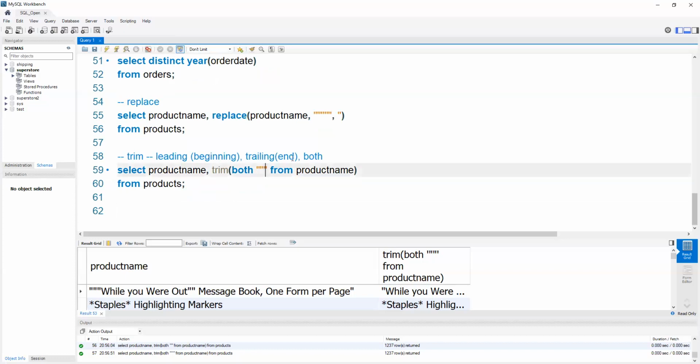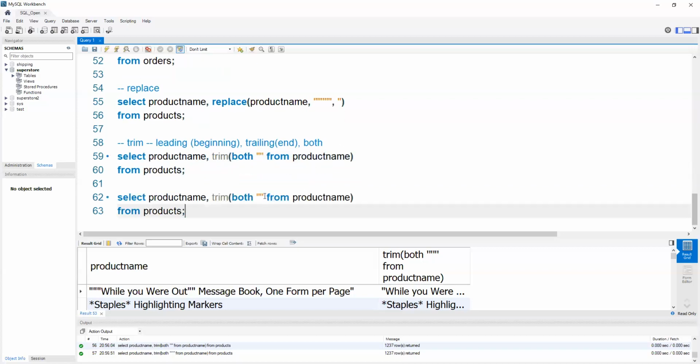Oh, if you use, so we use two. Okay, so it's a bit hard to see. It's one single quote, and then a double quote, and then a single quote. So we're trimming the double quote that's inside. Right? If you were to put, again, it's a bit harder to see because of the quotes,